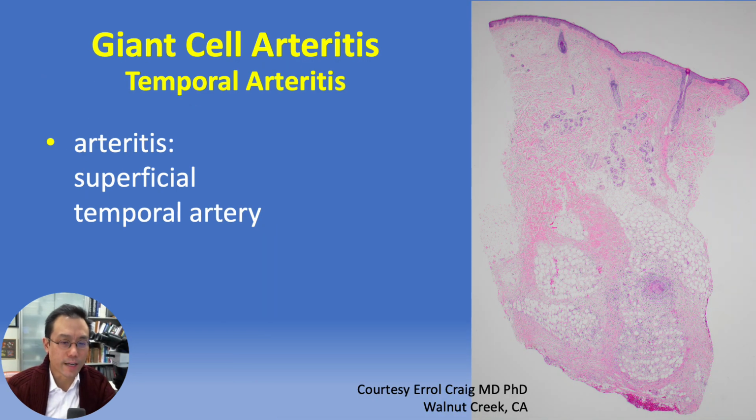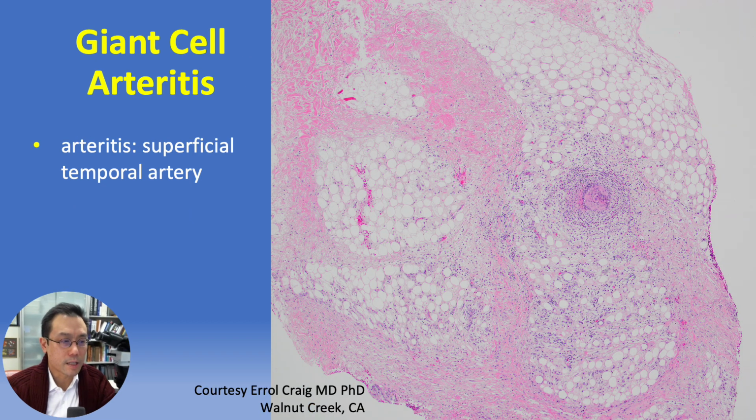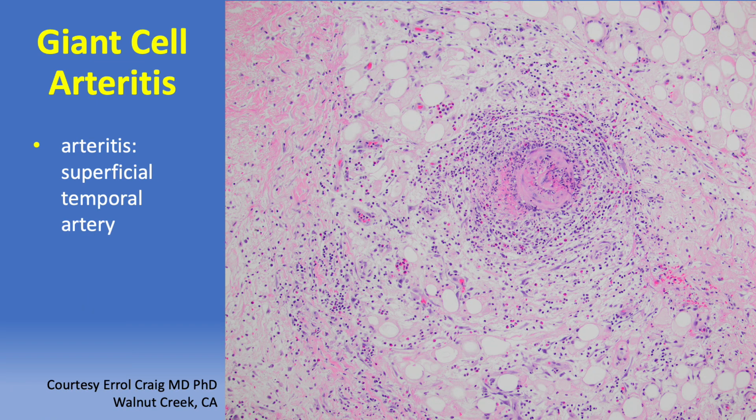Giant cell arteritis is officially a large vessel vasculitis. After all, the inflammation is directed against the superficial temporal artery, which is derived from the external carotid artery. In this clinically confirmed example, courtesy Dr. Errol Craig, the biopsy shows an arteritis in the subcutis, somewhat similar to that seen in PAN,